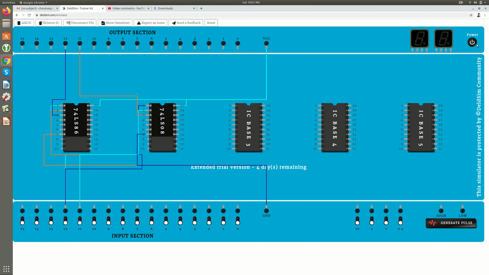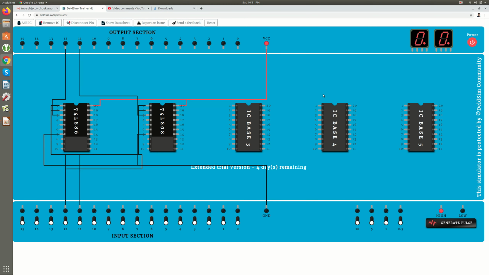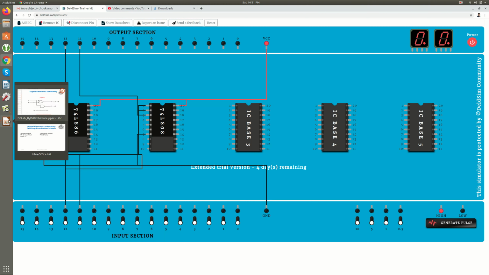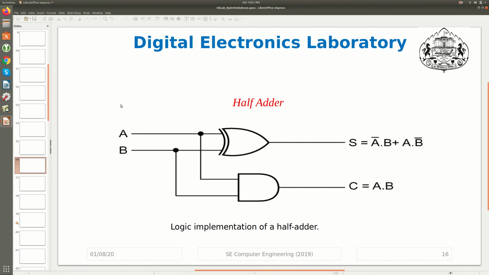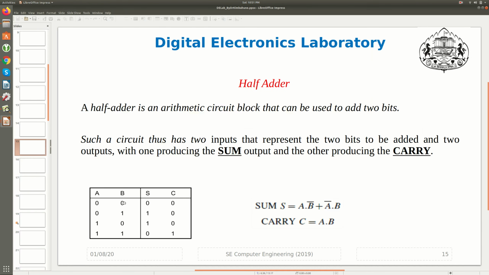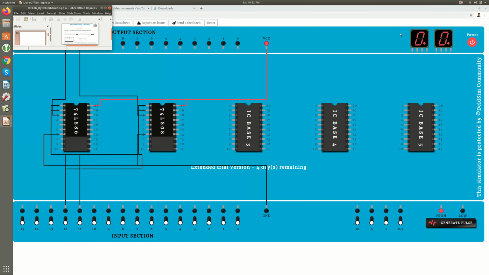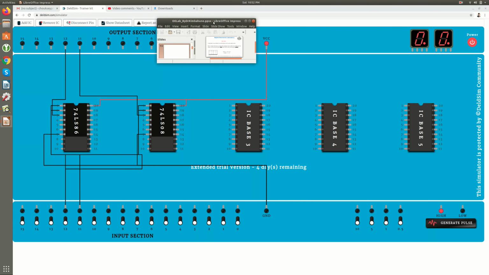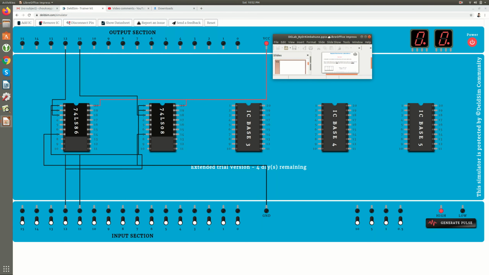Now I'll turn on the circuit. Right, now you should have a truth table in front of you for checking the output, whether we are getting it or not, right? What if I provide both the inputs as 0 0?